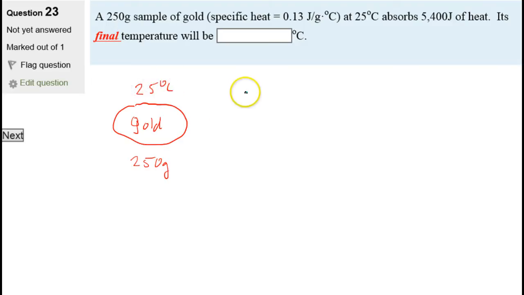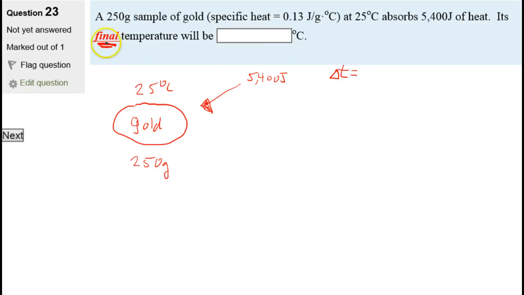This gold is going to absorb 5,400 joules of thermal energy, and we're asked to calculate the final temperature of the gold. We know the initial temperature is 25 degrees Celsius. So we solve for delta T,